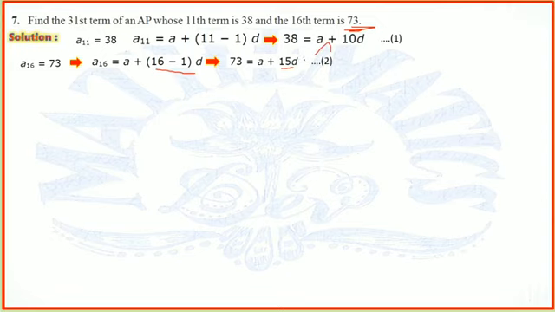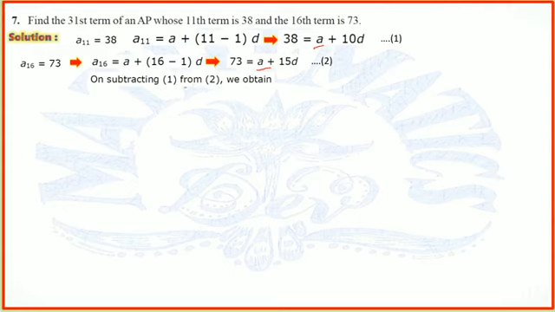As you can see here, this A and this A have equal coefficients, so we'll use the elimination method from chapter number 3. So we'll subtract these two. On subtracting equation number 1 from 2, we get